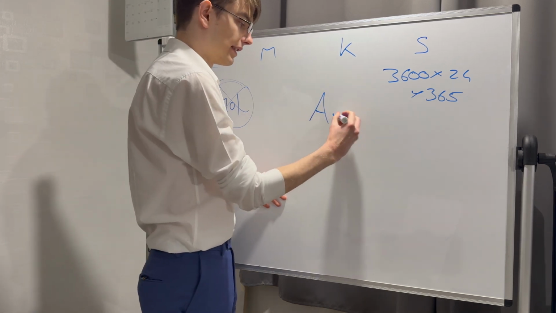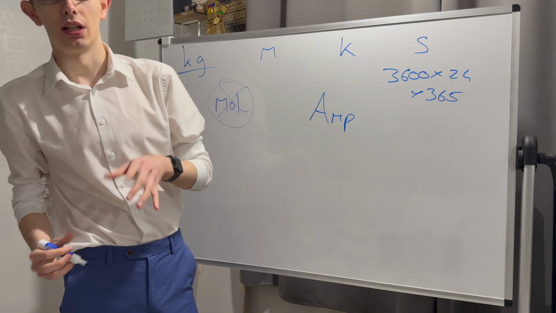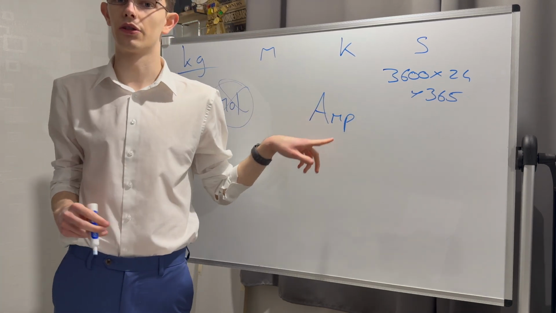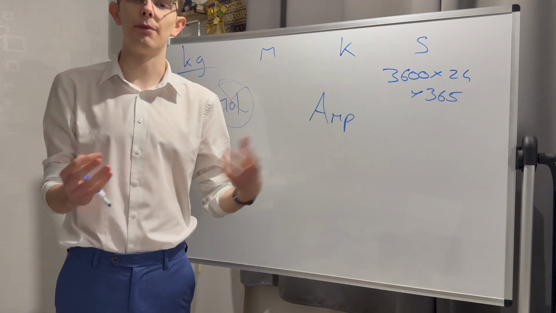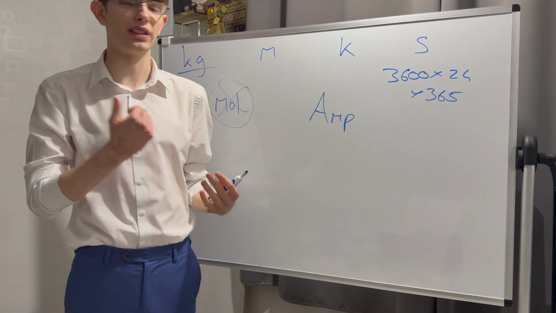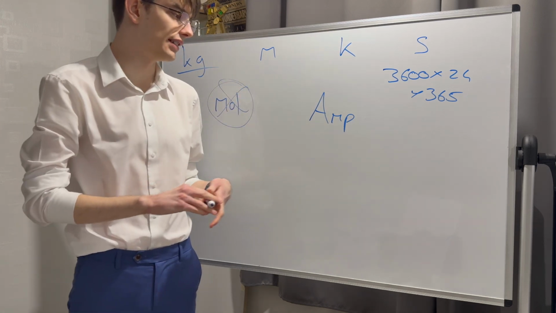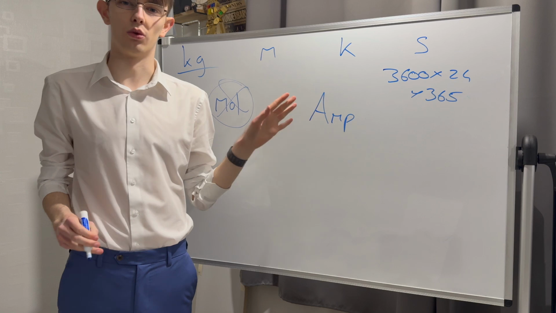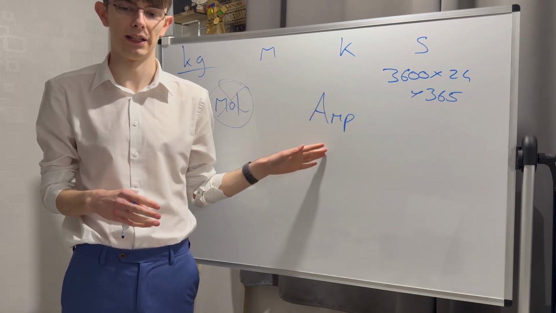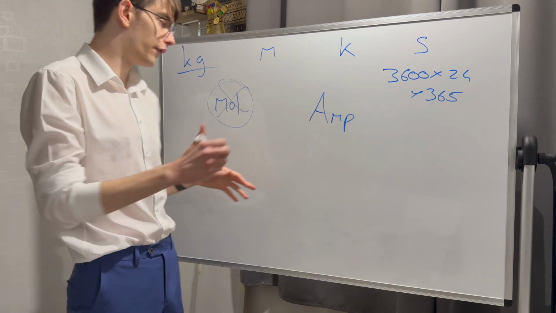The 6th one is the ampere. Again, if you're a maths mechanics student, this is not going to be useful to you at all. If you're a physicist, amperes are what we measure electrical currents in. Everything else we do in electricity can be formed out of all of these, but an amp I will go into more detail in a physicsy video later. I'm not going to waste too much time here. And then finally,